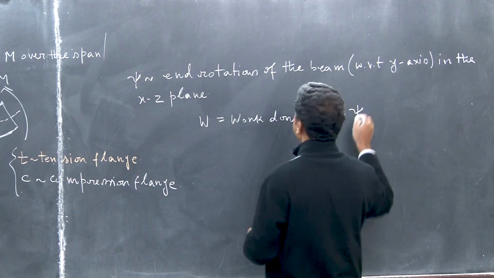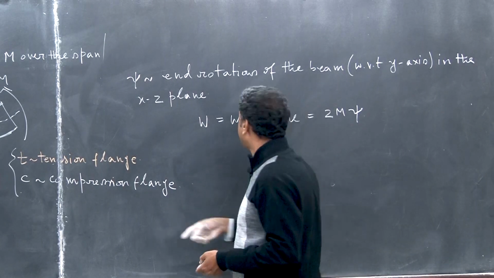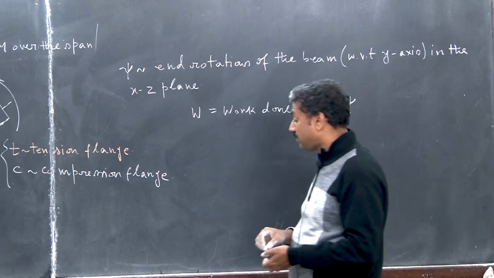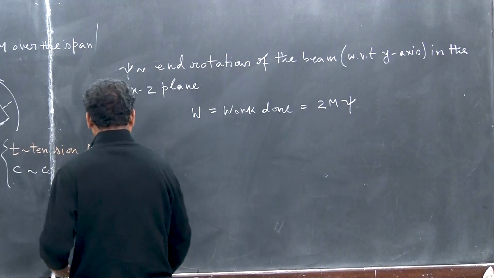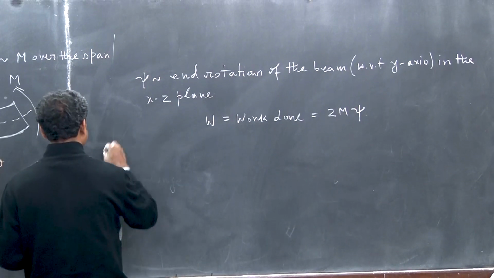2m psi. Why 2m? Because both the ends have m, so m into psi at both ends, so that's where this 2 is coming from, 2m psi. Now we have to find out psi. How to find out psi? You see that, why is this psi happening? This psi